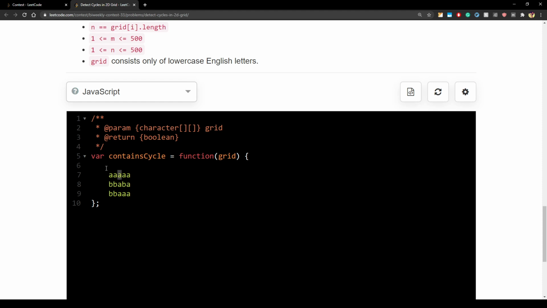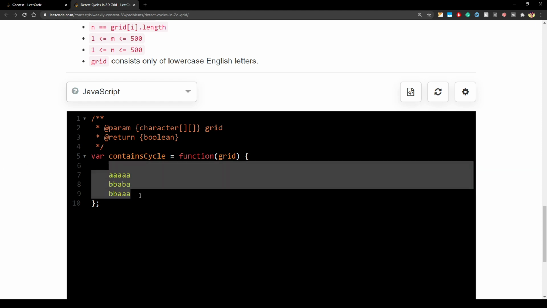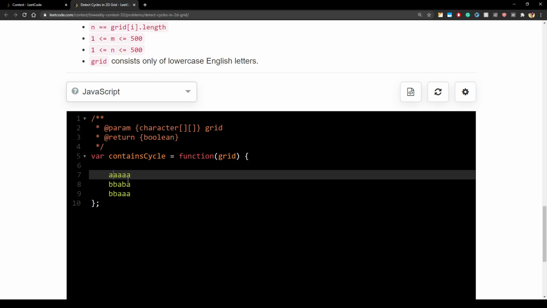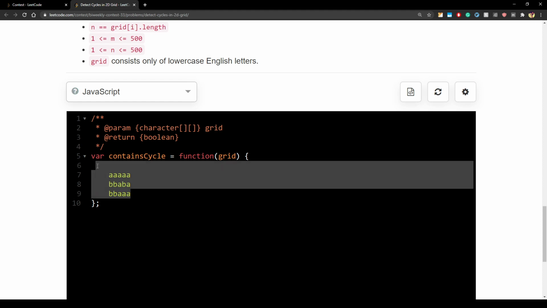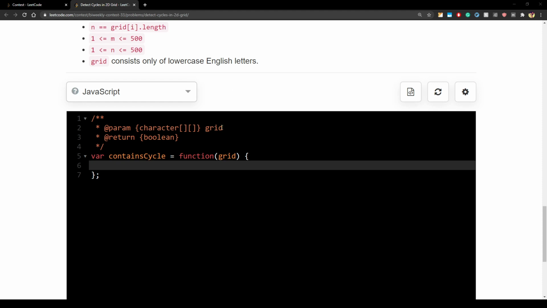But that is a basic standard problem in DFS. We use a visited array for this. You can just look up the implementation of how to do it. I'll just tell you how I did it. Right, so we just have to start DFS, and we just have to check if after doing DFS we are able to visit the character which we have already visited in the same DFS. So this is standard cycle finding in a graph using DFS in an undirected graph. I think it might work in directed as well. Okay, cool. So let's do it.